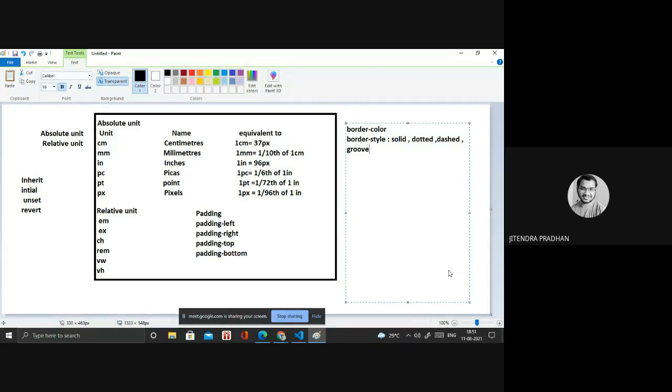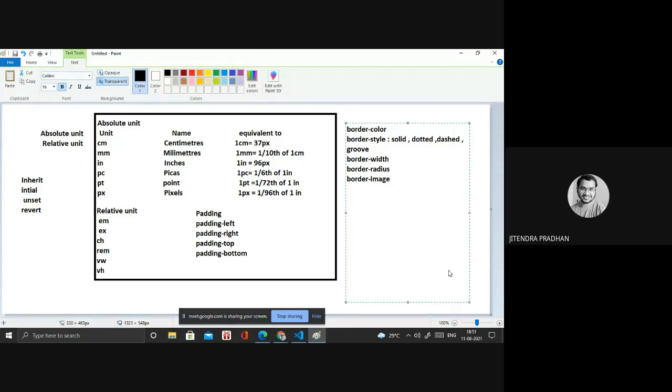Okay. Next we have border width. Next we have border radius, and we have border image. These are the properties we have in border.